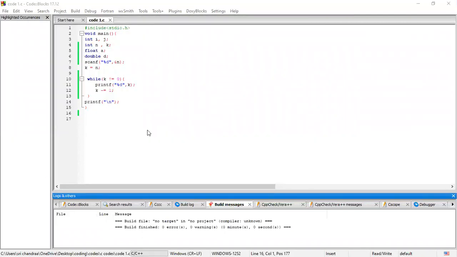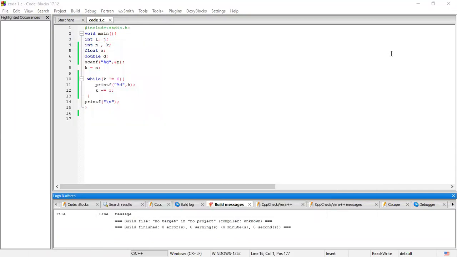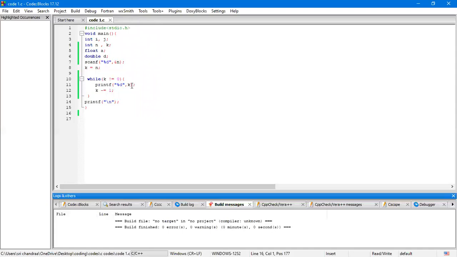See, I have given 5 and it undergoes 5 iterations. If I give 6 as the value of n, it goes for 6 iterations. It is dependent on the value of n, but I don't know in advance how many iterations it should run. So this is one such case.